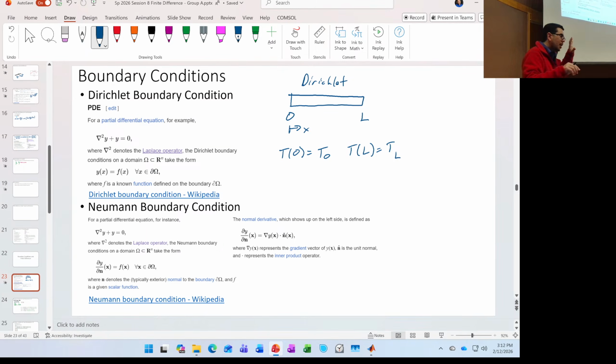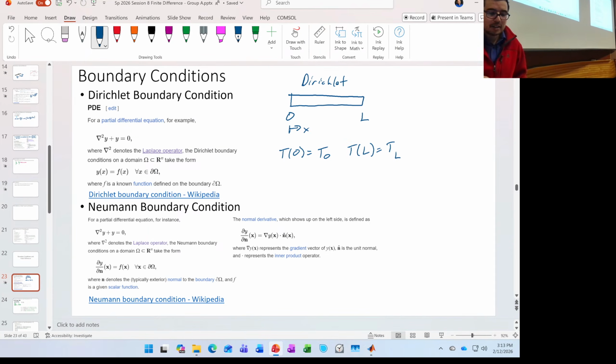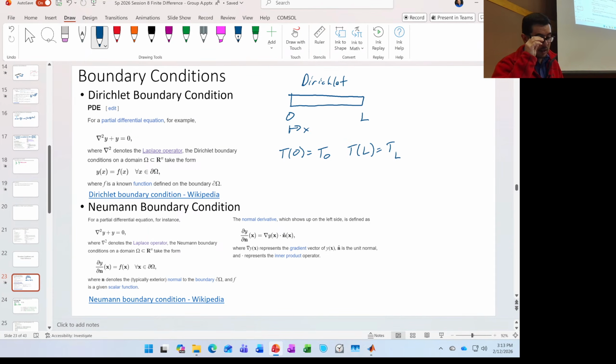Okay? But here in Dirichlet business, the boundary conditions now make this problem actually simpler. You don't have to do the periodicity stuff. You just say, bam, that's your temperature. Left side, right side. Do not change that temperature. Is that realistic in real life? Well, if you have a really big lake next to whatever it is and that temperature doesn't change that much, okay, yeah, that's a good condition. But technically, the local temperature is going to be influenced by whatever you're sticking in that water. Anyway. But this is a nice, realistic way to look at things.